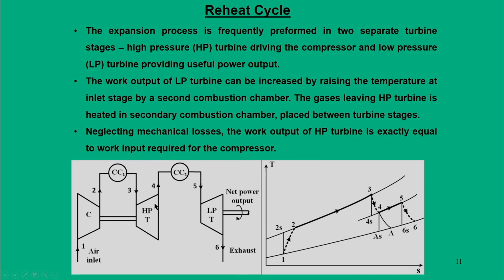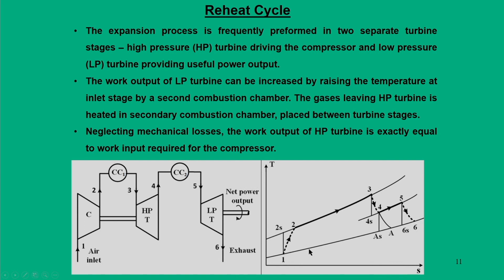So, one is called the high pressure stage, the other is the low pressure stage. This high pressure turbine now drives the compressor, and the low pressure turbine is separate and gives the power output. Now, if you look at this thermodynamic TS diagram, the compression process 1-2s or